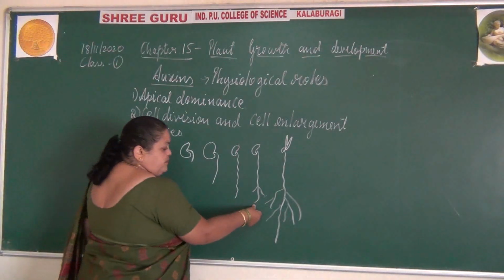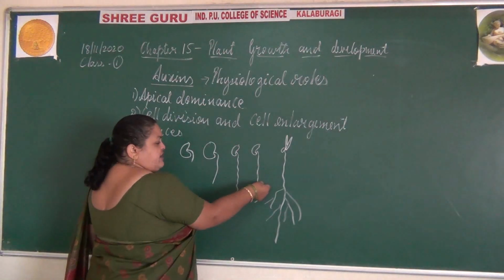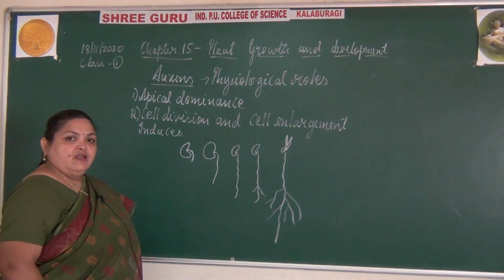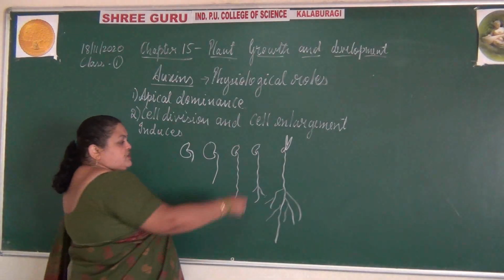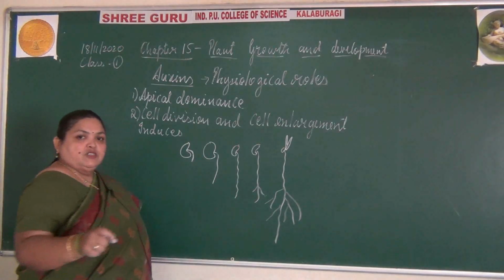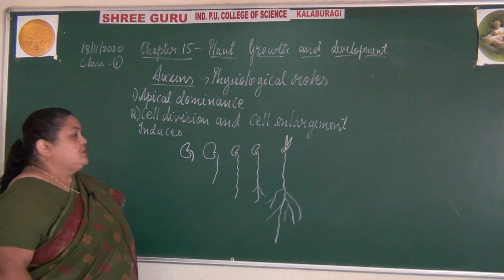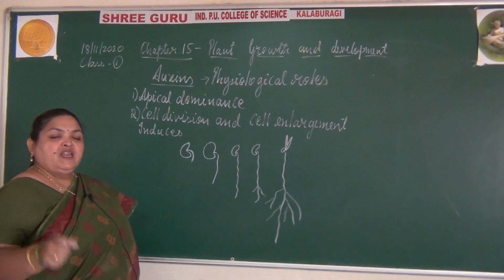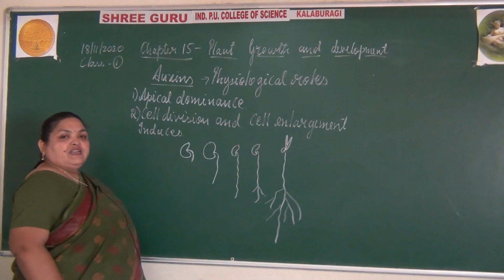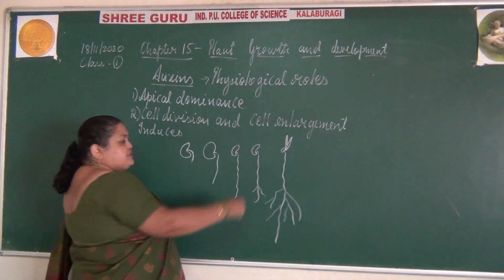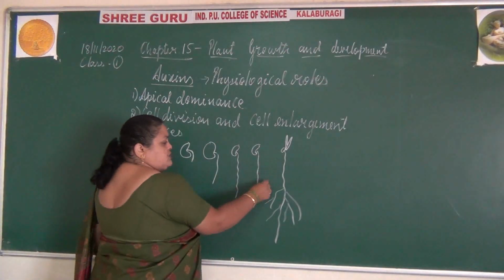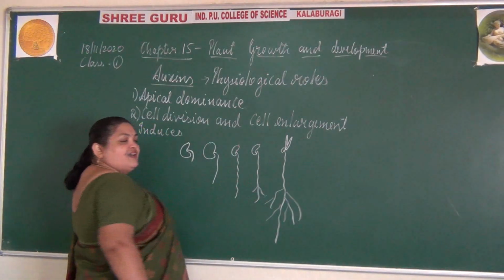Yes, the tip region, the meristematic region, the elongation region and the maturation region, as you have studied in the topic of morphology. So these are all regions of growth. Here they are all initiated by the auxins, which are responsible for cell division and cell enlargement, especially in the region of elongation, where the root grows and there is an increase in length,